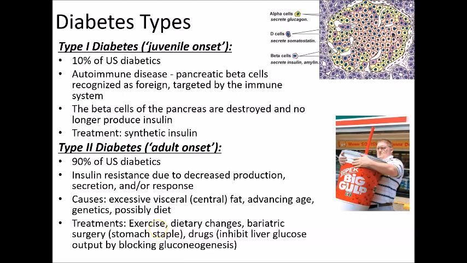affect that. Treatments for type 2 diabetes are a little different. Exercise increases glucose receptor sensitivity to insulin, so that helps. Dietary changes may help. Some people eating more of a low carbohydrate diet or a ketogenic diet have success. Bariatric surgery, like a stomach staple or a lap band, often causes type 2 diabetes to go away immediately